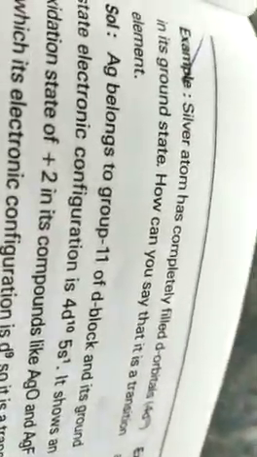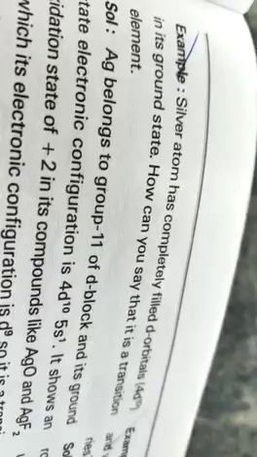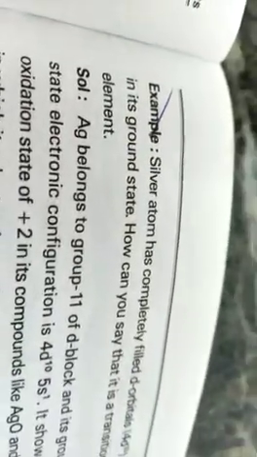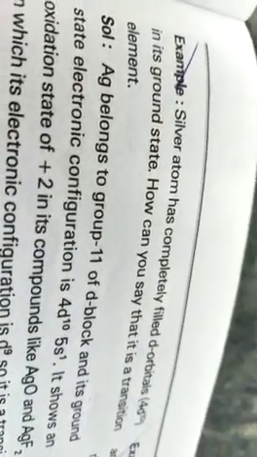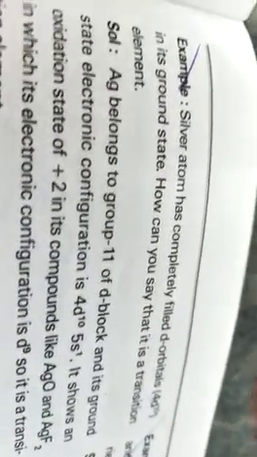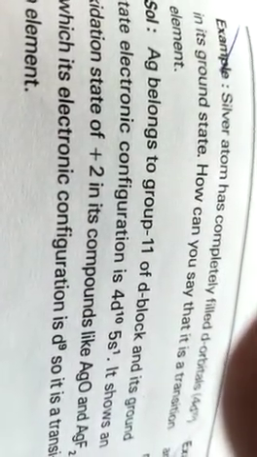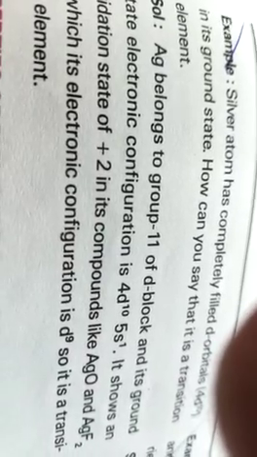Silver atom has incompletely filled d orbital, d10 in its ground state. How can we say that it is a transition element? Because it belongs to the 11th group of the d block